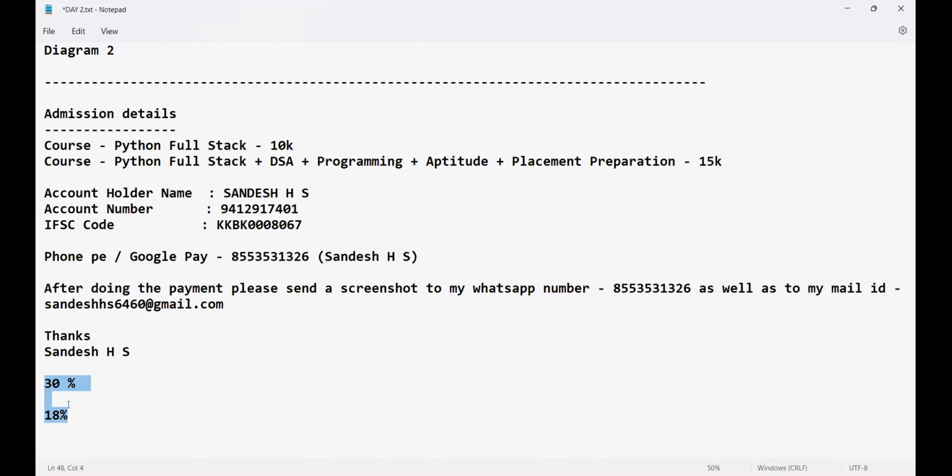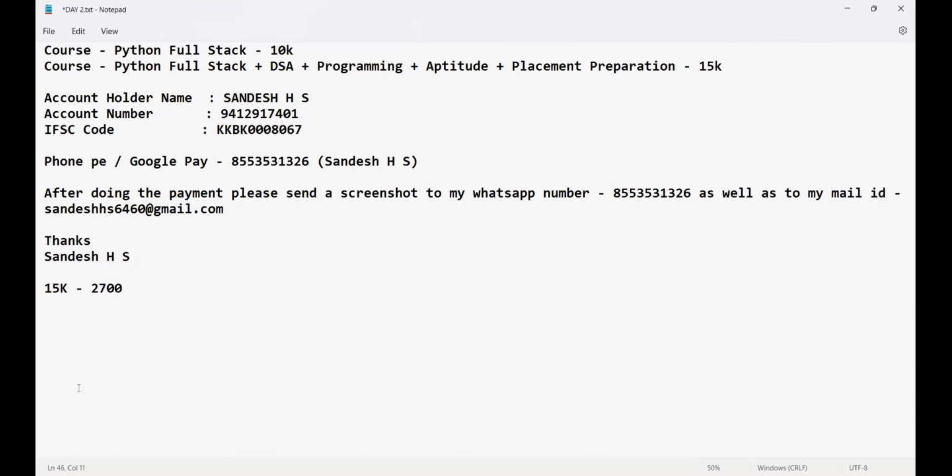You tell me, guys, if you join a course by paying 15,000, let's assume, what will be the amount that I'll be getting? Let me be very clear with you people. In 15,000, how much do I have to pay to the government? Could you people please tell me? 2,700 is what I have to pay to the government as a tax. Just trust me. If you minus 2,700, how much amount will I be getting? Could you people please tell me? At least you're willing in calculation, right? I'll be getting around 12,300 rupees.